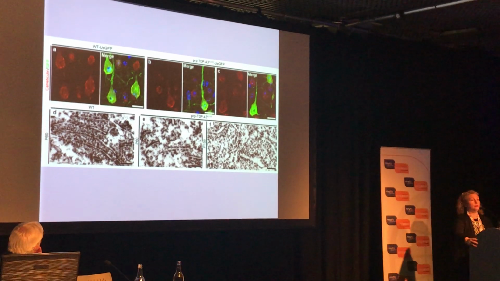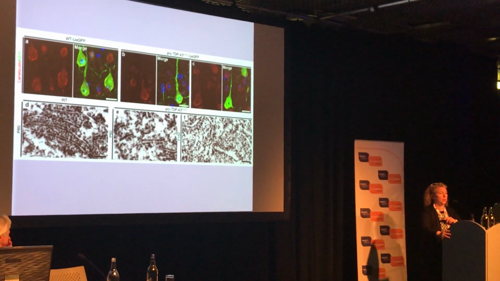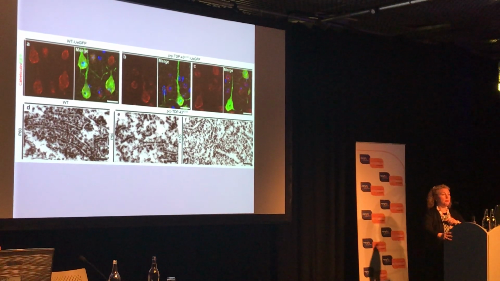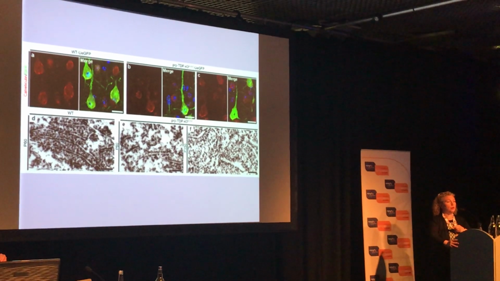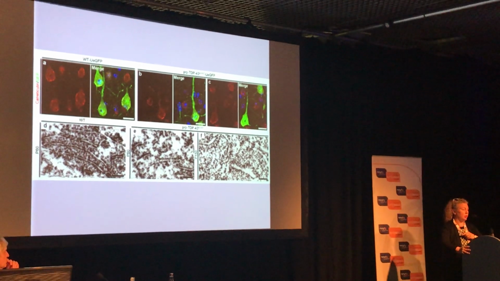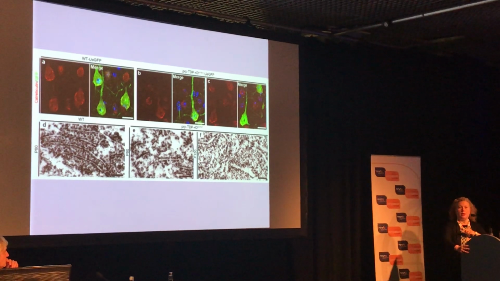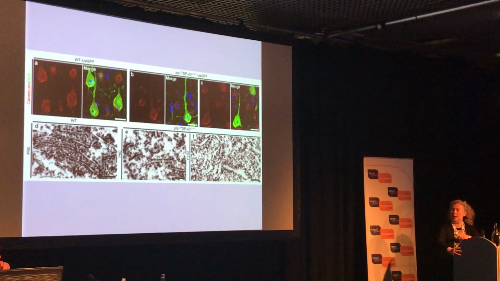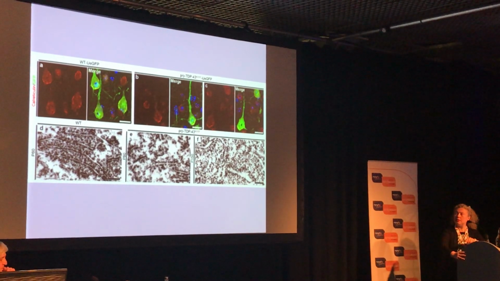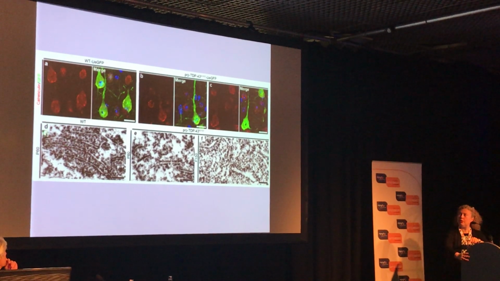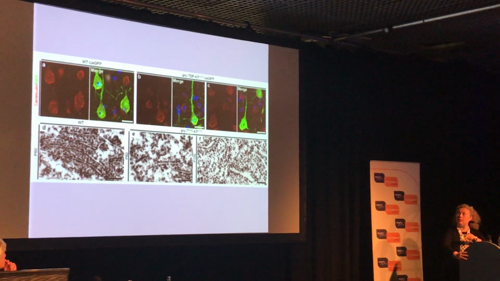The other thing that we have looked at is the endoplasmic reticulum, because that's also an important site for numerous biological events, and also ER stress contributes greatly to upper motor neuron degeneration. So we asked, how about the endoplasmic reticulum? Are they healthy? Are they intact? In the wild-type mice, this is exactly how you would see it, stacked, and here are the ribosomes, a beautiful textbook picture. But in the PRP TDP mice,